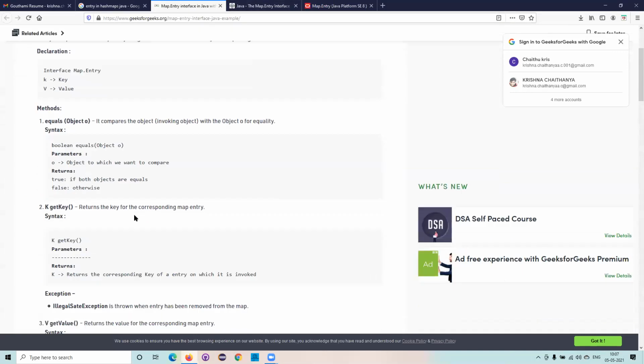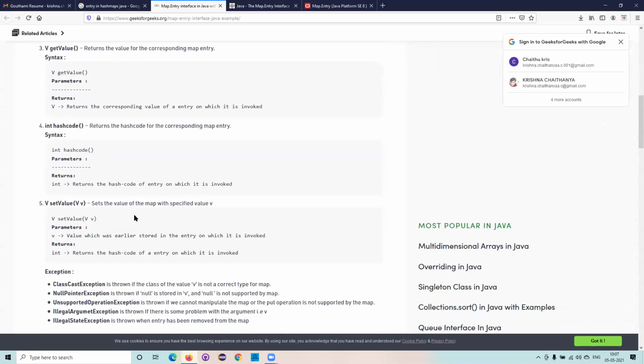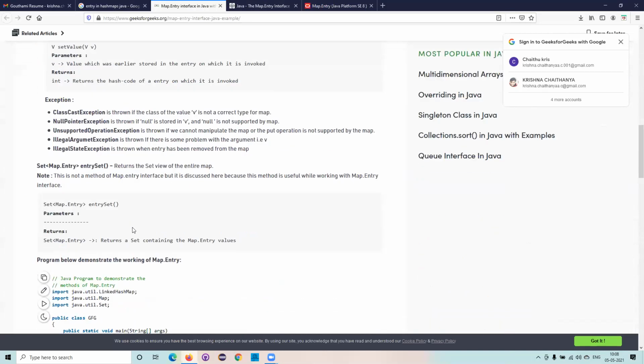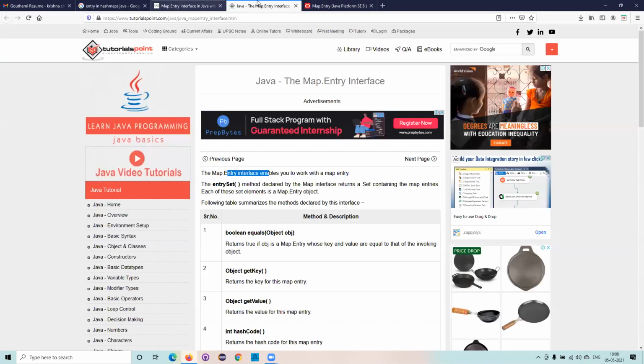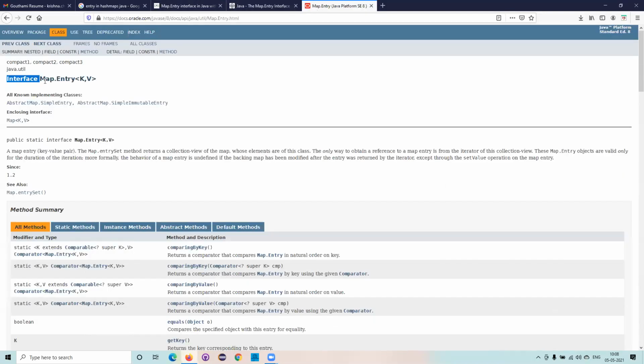Okay, so here we'll have multiple methods. Those multiple methods we can use on that, and then I'll try to explain over there. The first basic thing you need to understand is that Map.Entry is also an interface, and this interface is a sub interface of the Map interface.